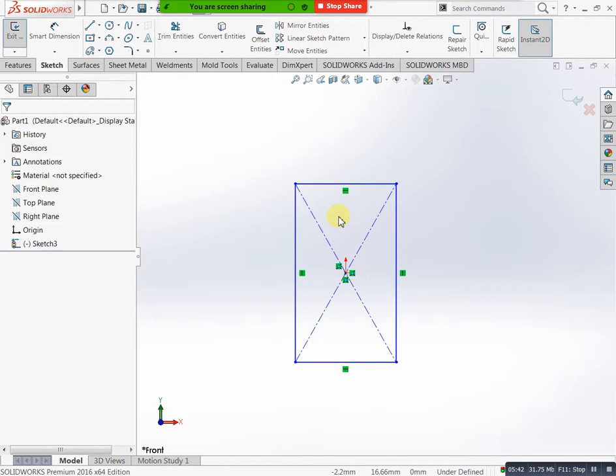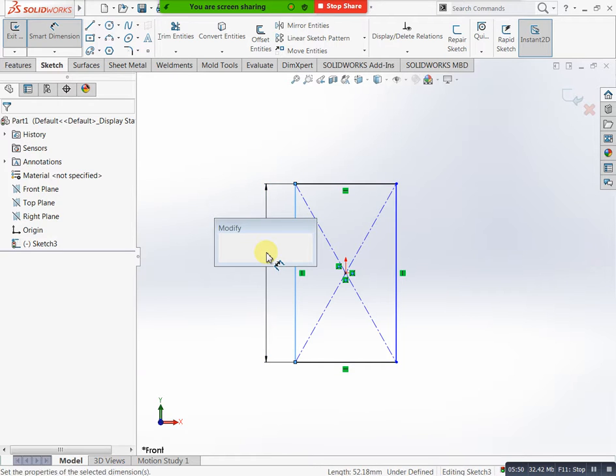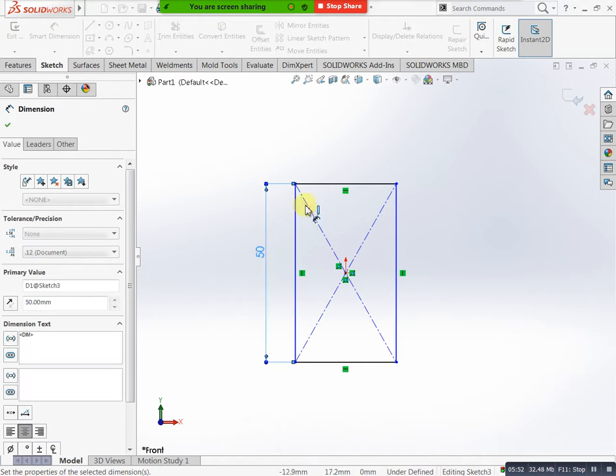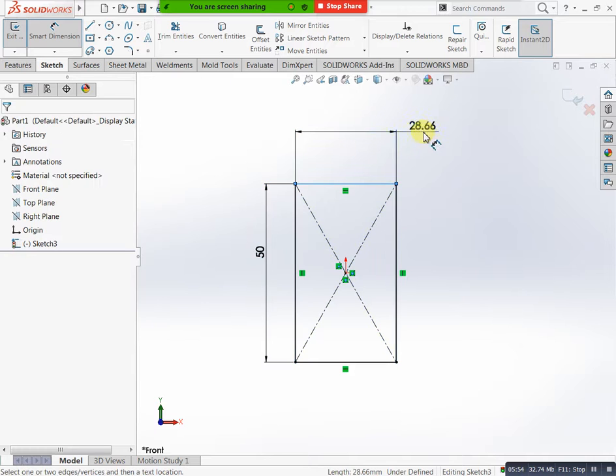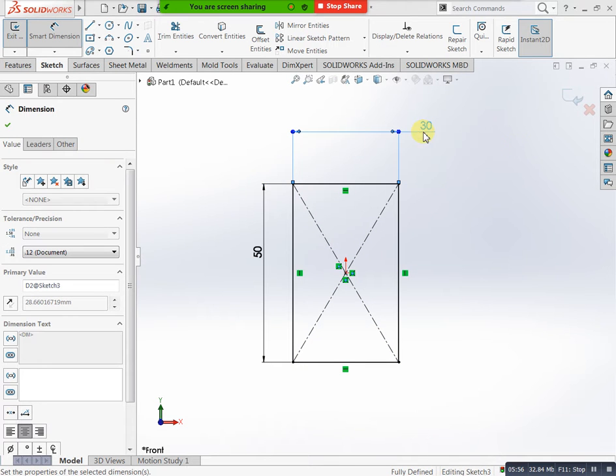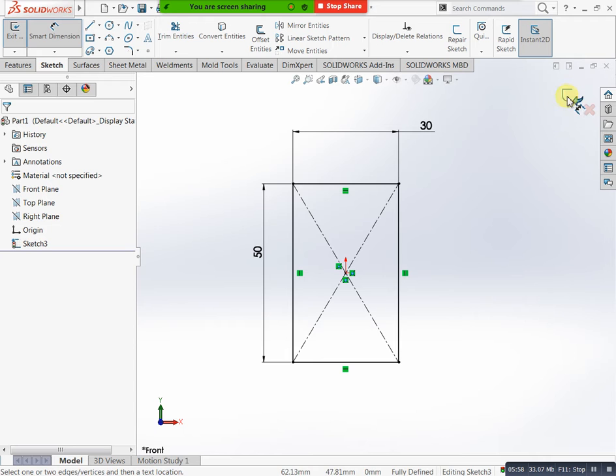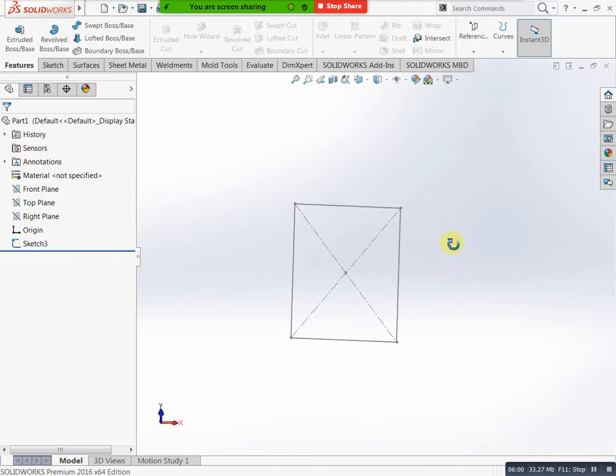You can mention the dimension for this, 50. Then you can do finish. Next you can take a reference plane, or otherwise directly here we have the middle plane. You can select that one, go to sketch, Ctrl+8.